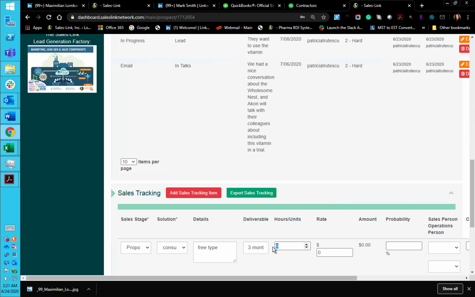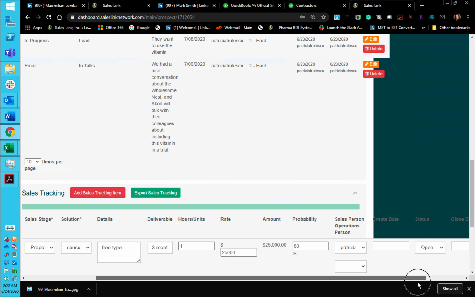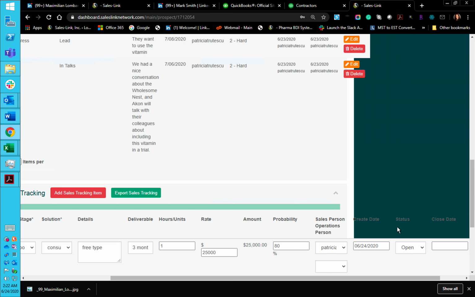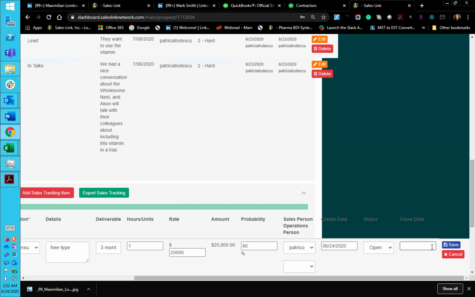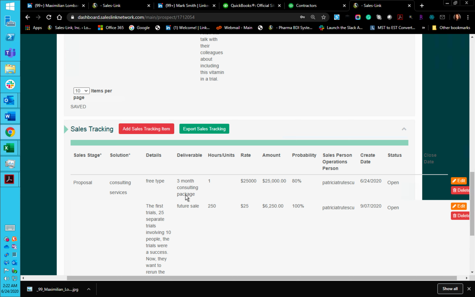You might say over here it could be one contract that's at $25,000, and the probability you could put here is, if you're pretty sure about it, maybe 80%, and whoever the salesperson is, we'll make you the salesperson. And the create date is today, and the close date stays open. This all stays open. You hit save,